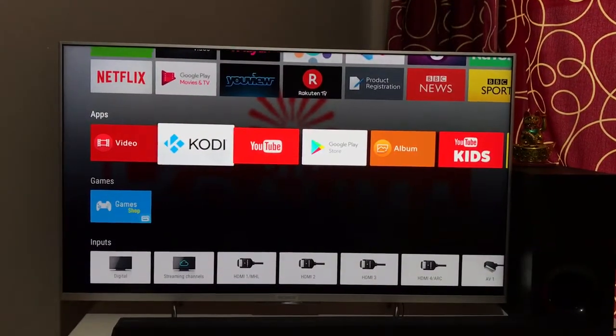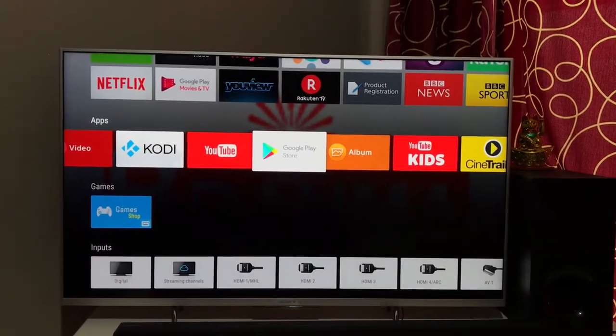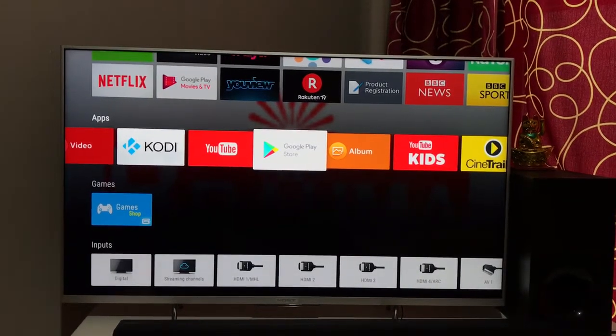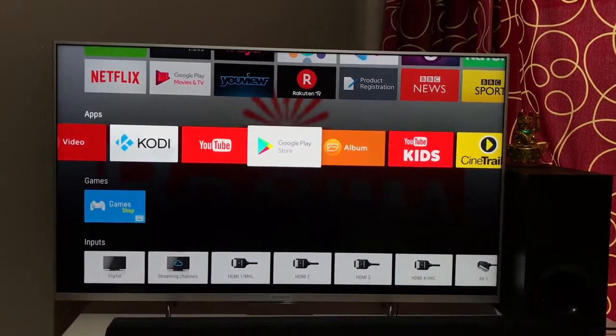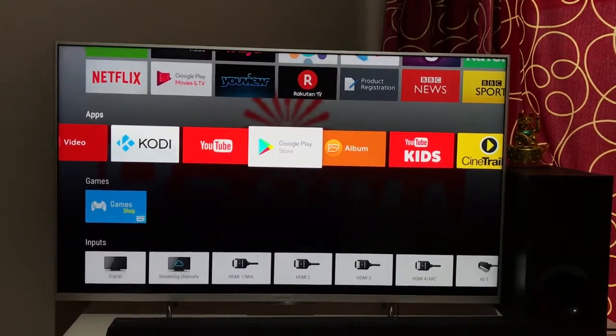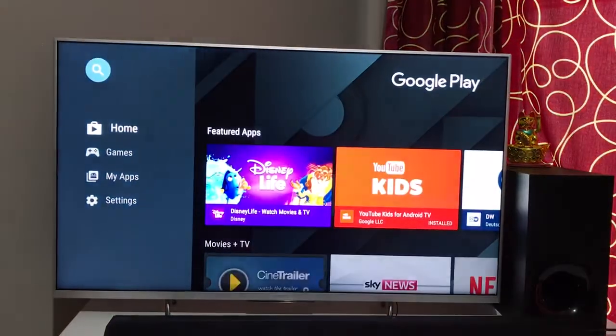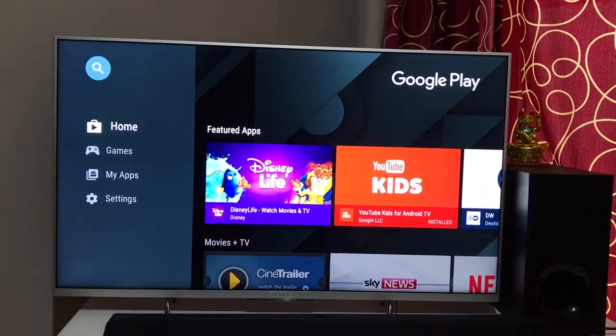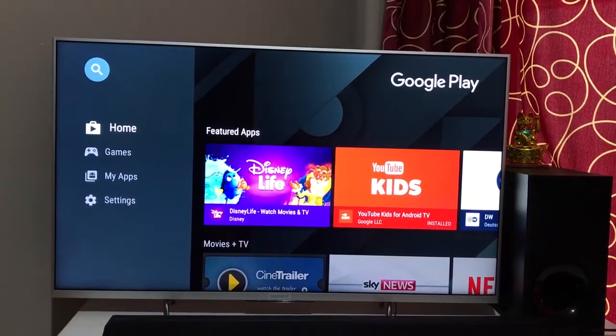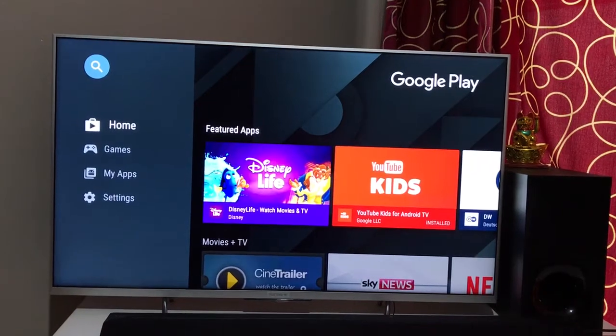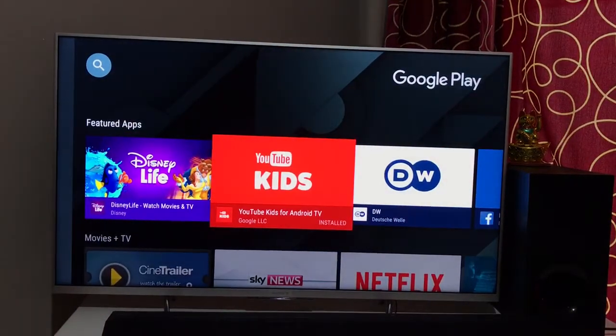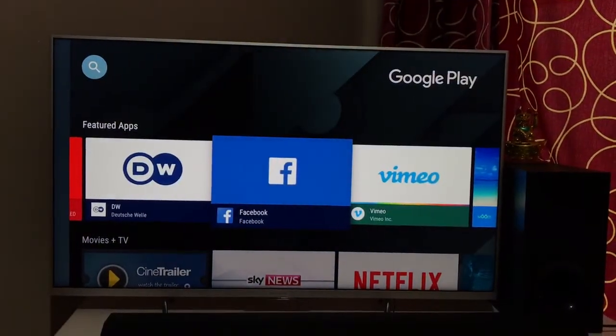To start with, you have got Google Play Store. So you remember you have Google Play Store on your mobile. It's the same on your Android television as well. So if you go in here, you should be able to download apps that are compatible for your television, and most of the apps at the moment which play videos are compatible to be downloaded and used on your Android